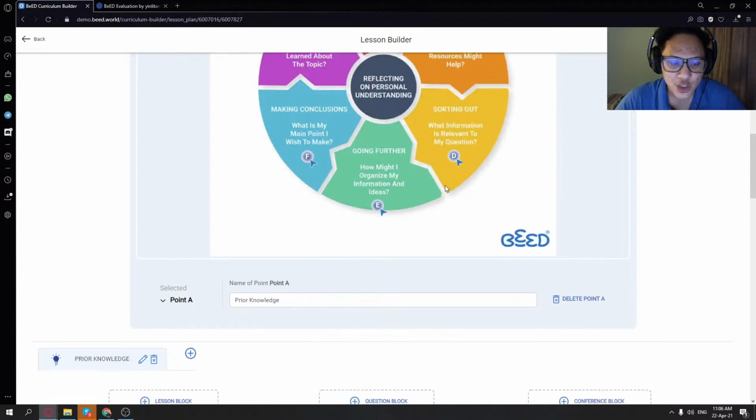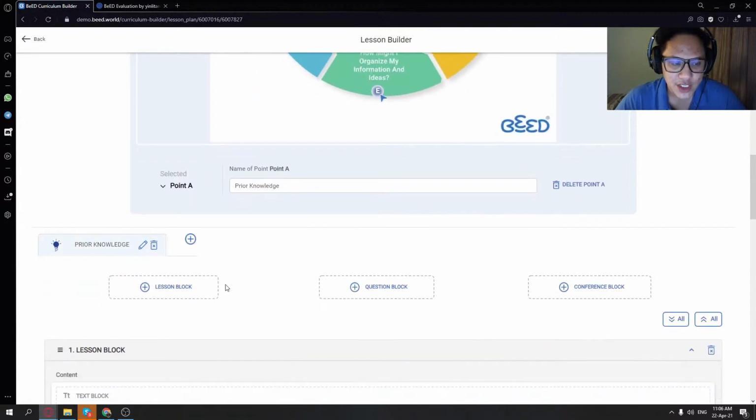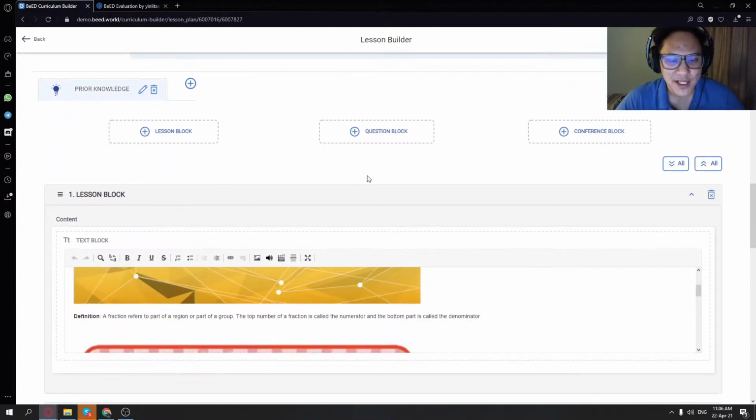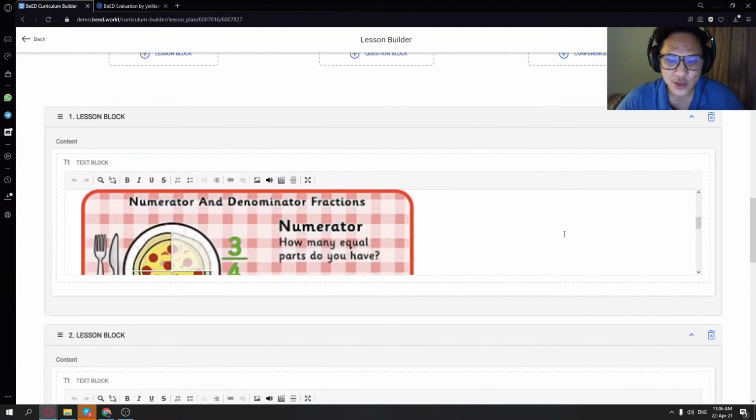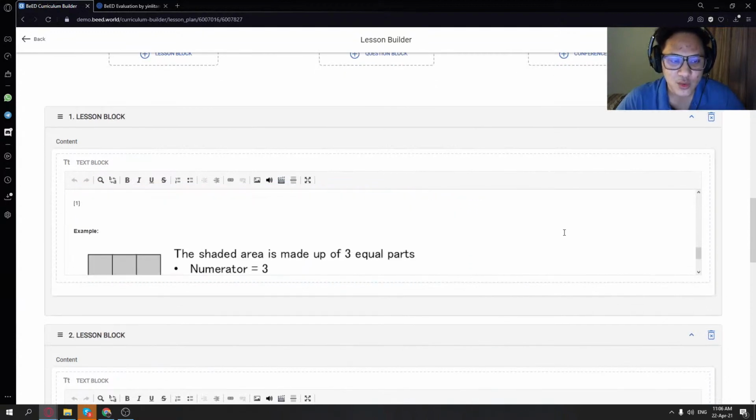You can also choose to create stages, which lets you scaffold your lesson content from easy to medium to hard, so the learner is not bombarded with knowledge per se. And then you have the lesson block, which allows you to separate your lesson content into easily